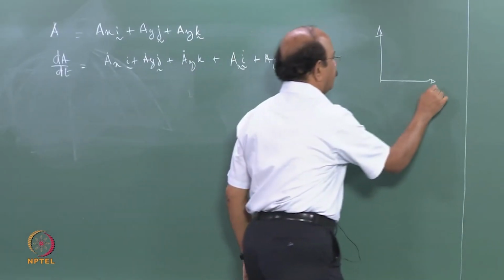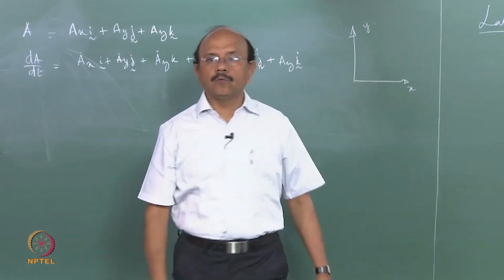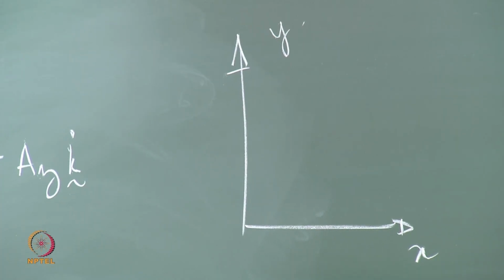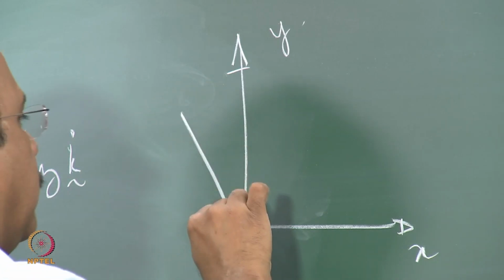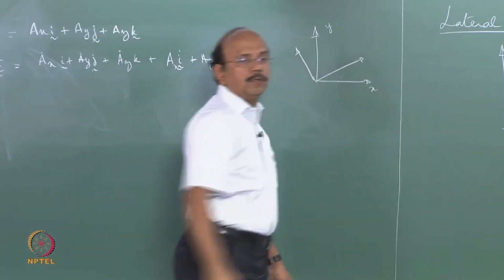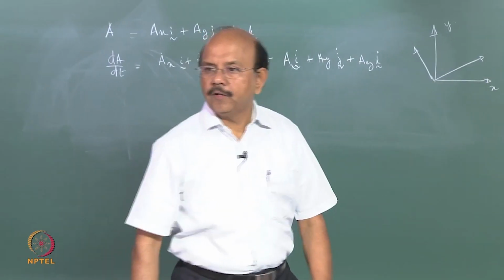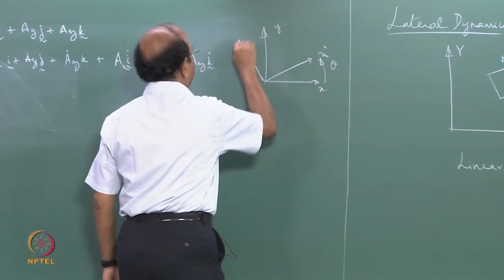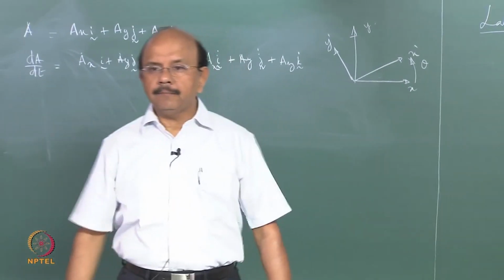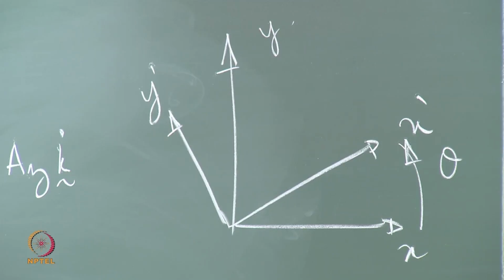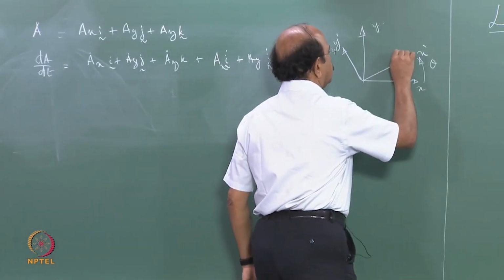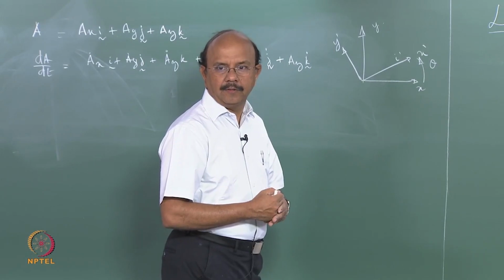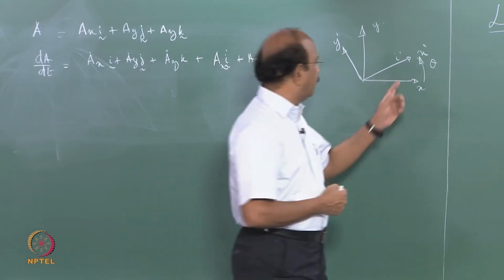Suppose I have x and y along which i and j are defined, and it is rotating with, for example, omega, so the new coordinate due to a rotation of an angle theta gives you x prime and y prime. So the new value of i, let's say i prime, which is equal to i plus di by dt, is given by